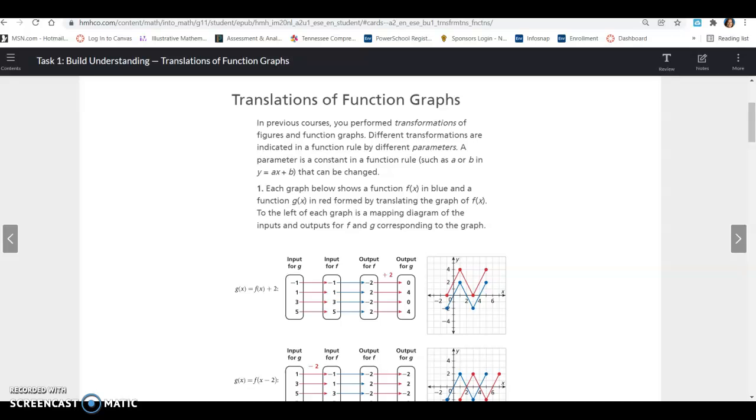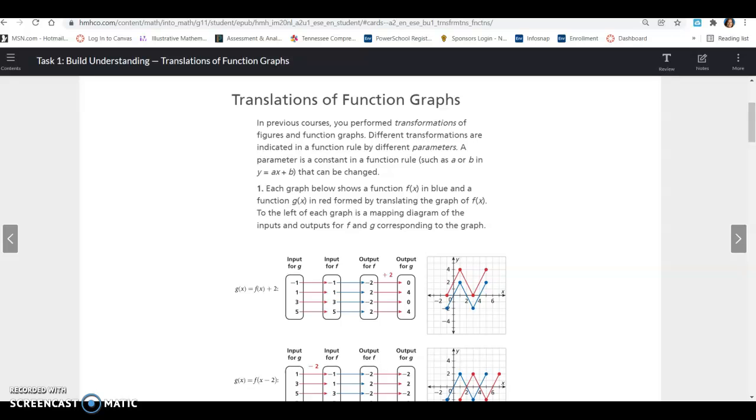Lesson 1.3, Task 1. All right, so it says translations of function graphs. In previous courses, you performed transformations of figures and function graphs. Different transformations are indicated in a function rule by different parameters. A parameter is a constant in a function rule, such as a or b, in y equals ax plus b,